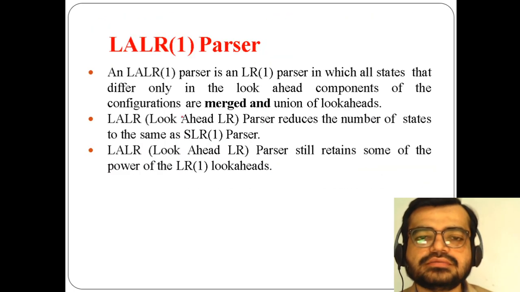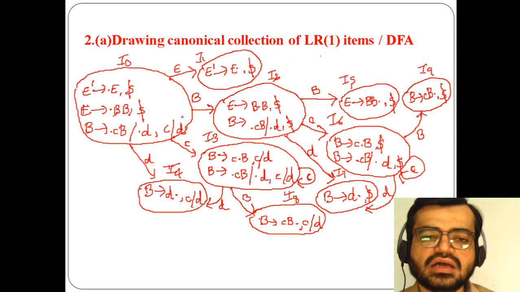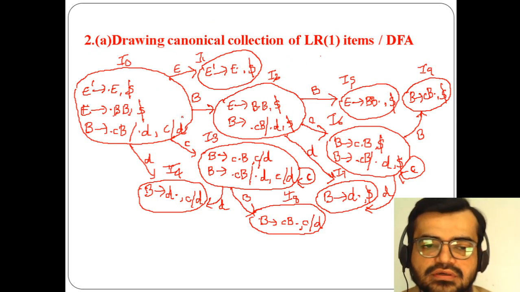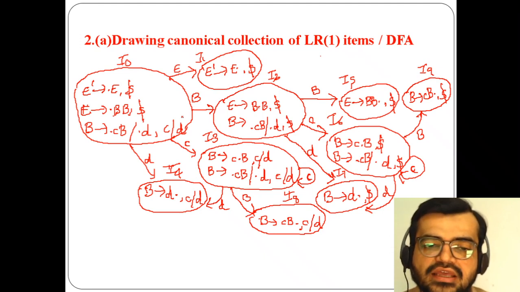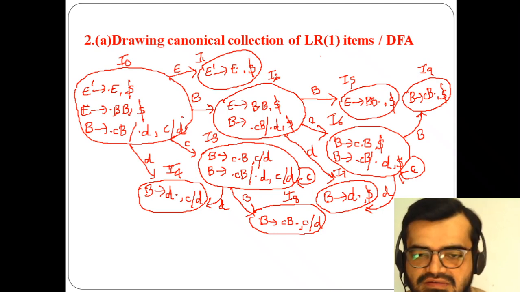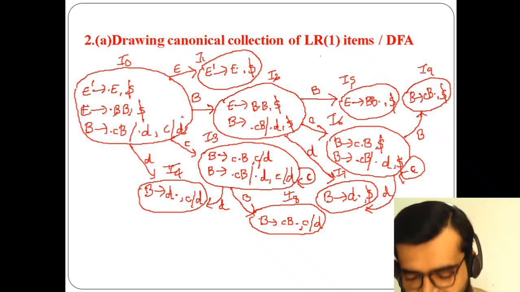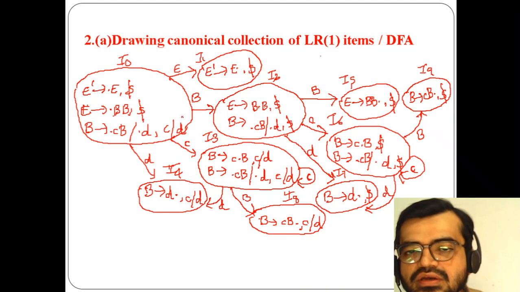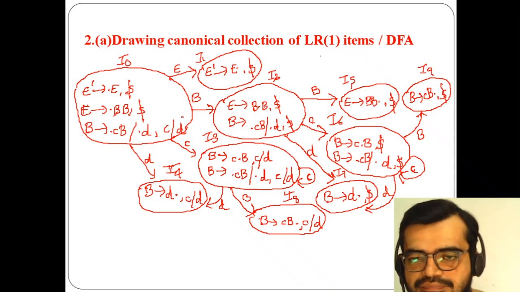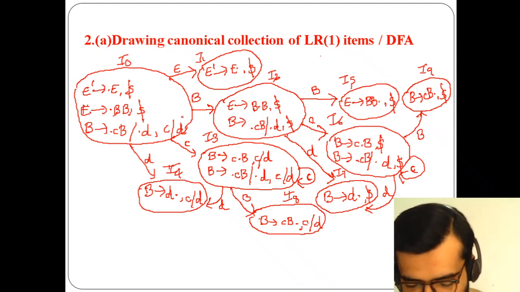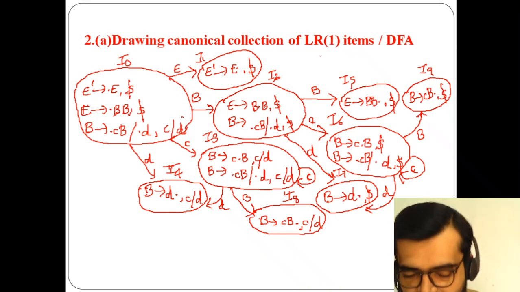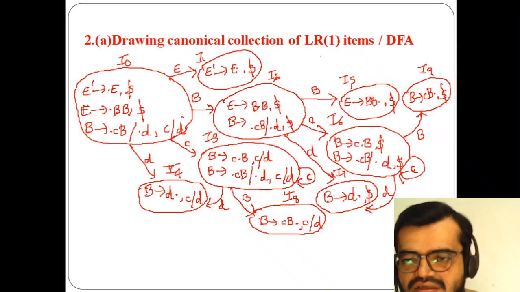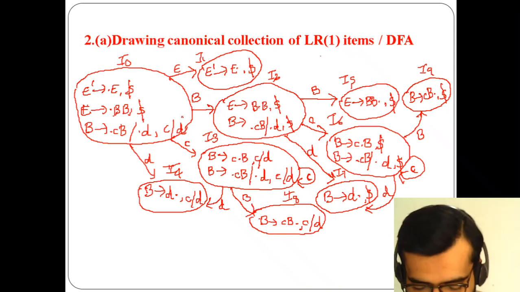Next is about I4. In I4 what happens is that it is not going anywhere, but it is receiving from other states. Okay, similarly in I5 also you can observe it is not going anywhere and it is just receiving. But in I6, what is in I6? In I6 it is going to I9, it is going to I7, and it is going to the self state I6.